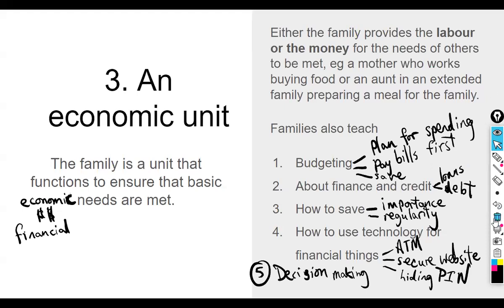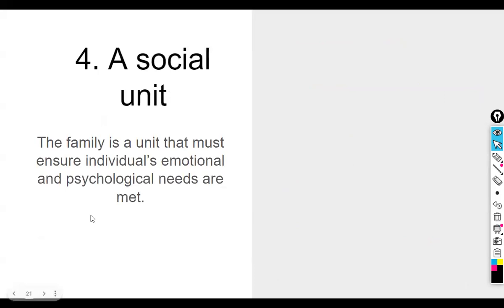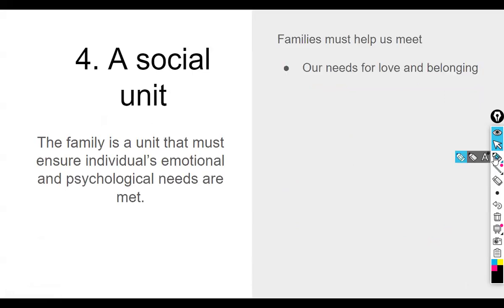Okay. Let us see what is our next. Right, so the family is also a social unit, right? So it has to ensure that people's emotional needs and psychological needs are met. We kind of said that a couple of slides ago, but now this is the main focus of the point, right? So families have to help us meet our need for love and belonging,